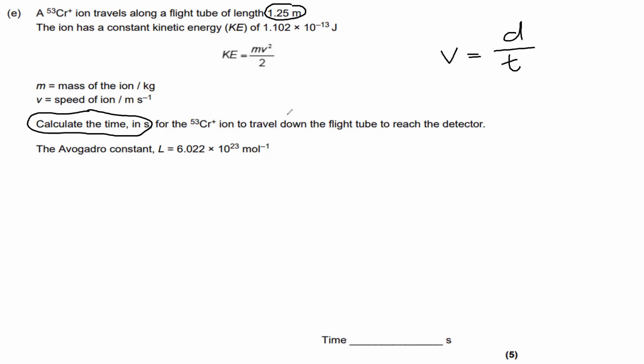Okay, guys, so the first thing I want to do here is rearrange this equation. We need to make velocity the subject so we can then carry it over to our speed equals distance over time equation. First thing to do is get rid of this 2 at the bottom. I do that by timesing both sides by 2. That gets rid of the 2 on the right, and it leaves the 2 on the left. So we end up with